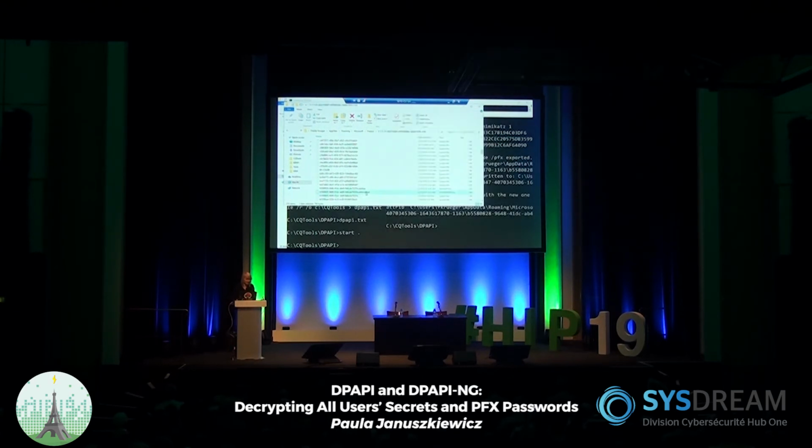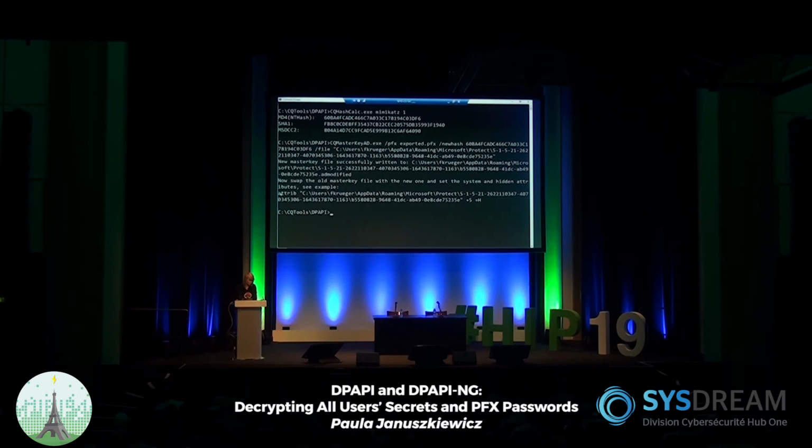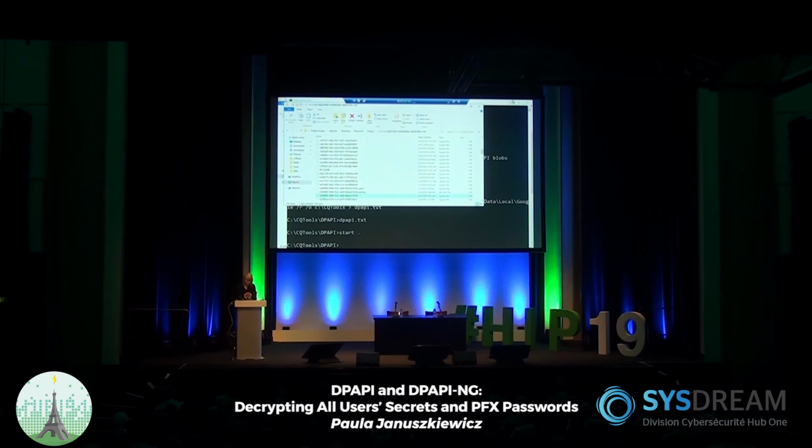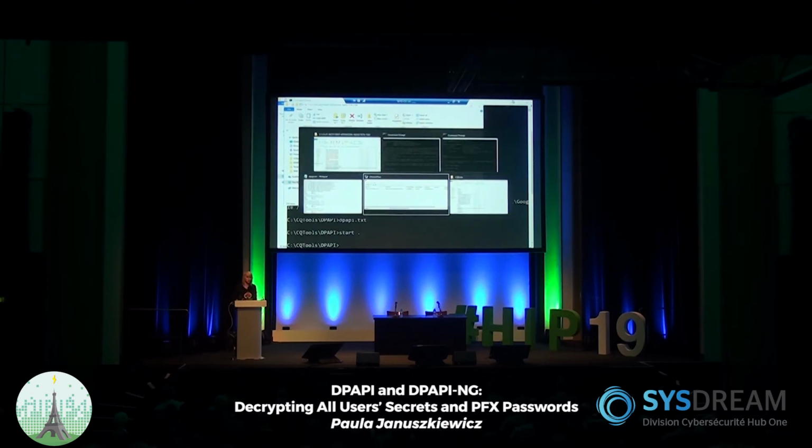Now, what happens when I press enter? Please have a look. Yeah, there is basically this new key created, AD modified. So what we will need to do is to replace this. So we do rename and underscore good like this, and we take this AD modified and we replace it. So this is good. Do you want to change it? Yep. Okay, fine. And our goal is going to be to do one more thing, which is giving an attribute of system and hidden, because otherwise data protection API will not treat it properly. This is a generic statement, but it's better to do it.